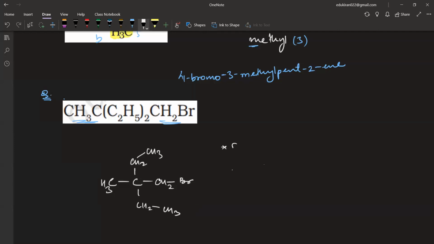चलिए, स्ट्रक्चर तो बन गया। अब आप लोग कीजिए, इसको नाम दीजिए। Start with same things. Functional group, unsaturation, parent, substituent. चलिए, let me know when you are done writing the question. उसके बाद साथ में करेंगे इसको।